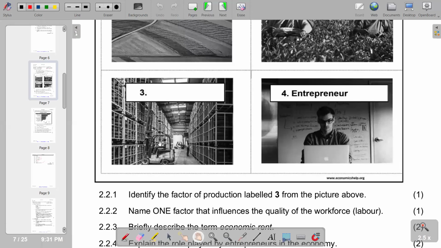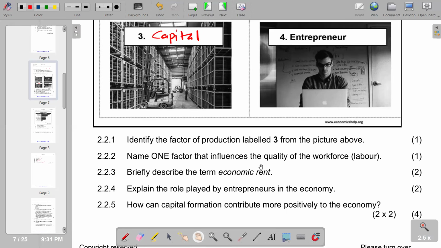Remember, all factors of production: we've got land, labor, capital, and entrepreneurship. So within that context, we are seeing machinery and equipment. We are seeing a vehicle, which is a part of capital as a factor of production. So you see that 3 is representing capital. So basically, this is what we have on that part. So with that now, we move on to the next question, which is now going to be 2.2.2. On 2.2.2, you have to name one factor that influences the quality